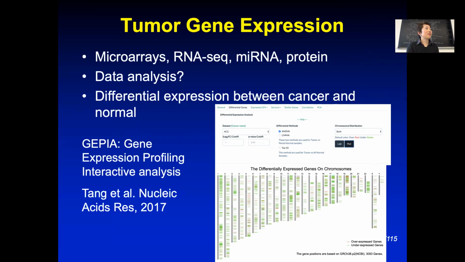You do differential expression between tumor and normal. For RNA-seq, you would do read mapping, right? Either with STAR or Salmon. Then you do differential expression like DESeq. Then you could look at whether there are shared differences. By the way, there is a resource called GEPIA, Gene Expression Profiling Interactive Analysis. This one has all of the TCGA data. You can enter the cancer type and look at it. It will tell you on each chromosome which genes are differentially expressed at whatever cutoff you give it. So you can